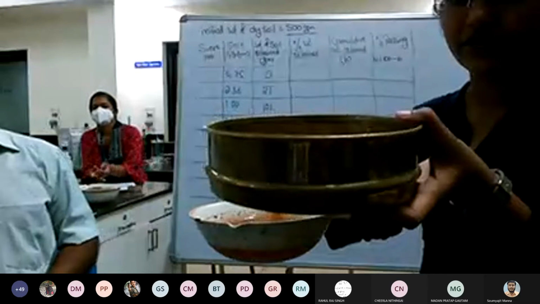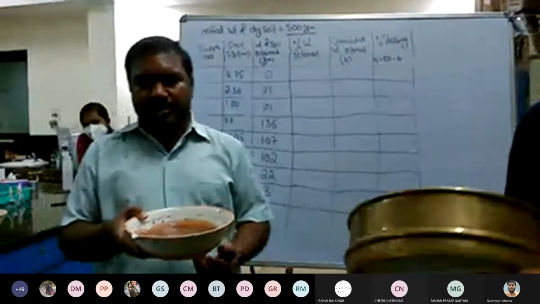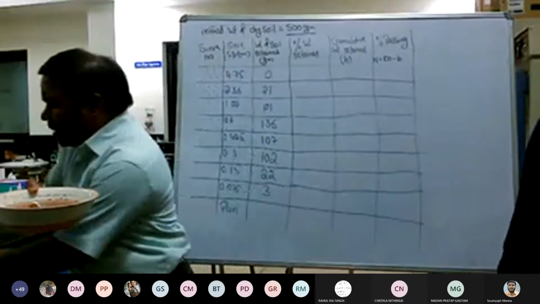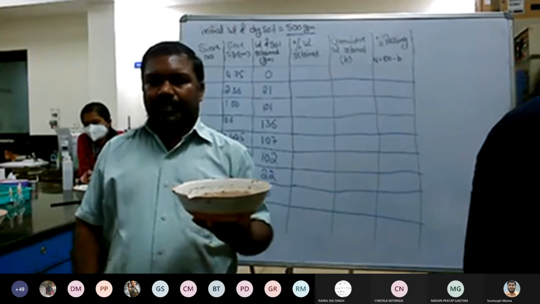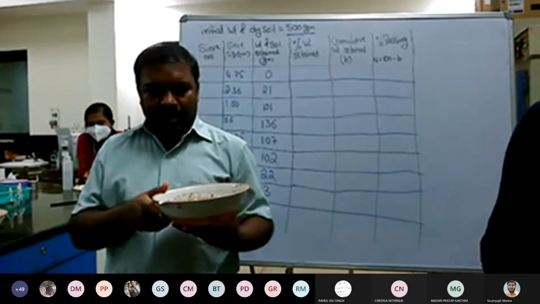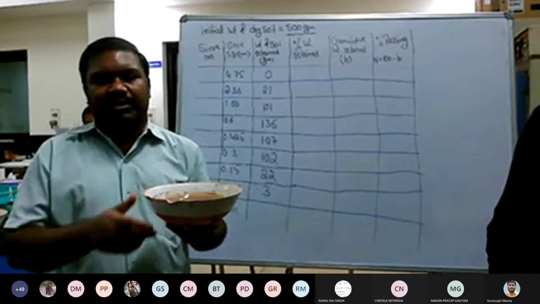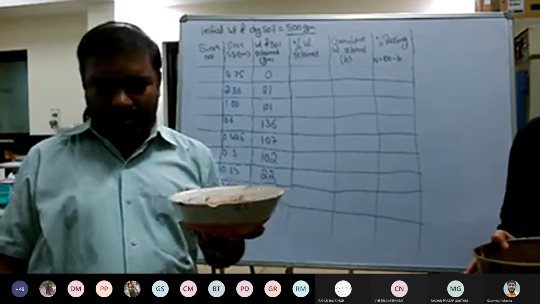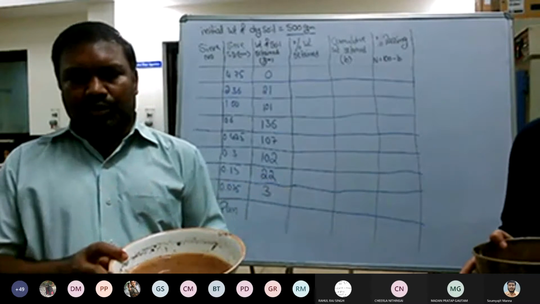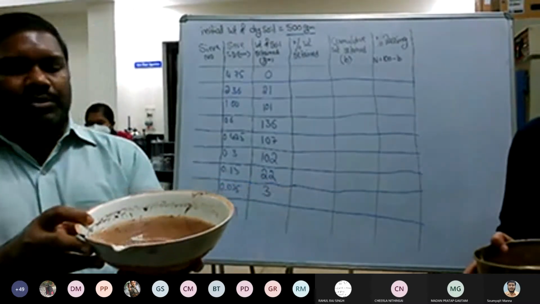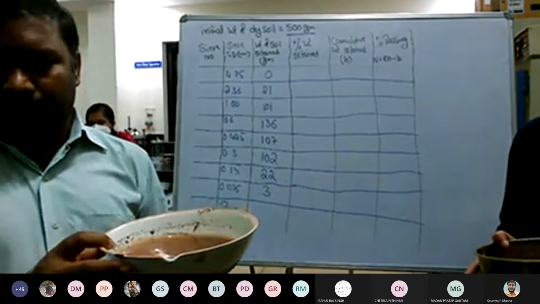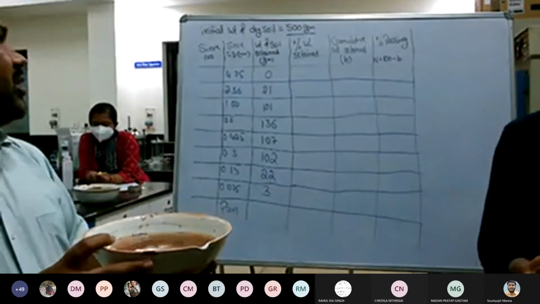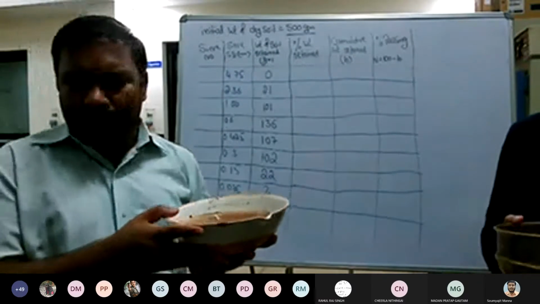Now there is one prerequisite when you do the wet sieve analysis. If you recall the dry sieve method, we directly took the dry soil in the container, approximately 500 grams. But the prerequisite in the wet sieve analysis is that the soil should be soaked for at least half an hour. Here you can see it is soaked. It was kept for soaking for almost an hour. Since we are doing the coarse sieve analysis, there is not much problem.